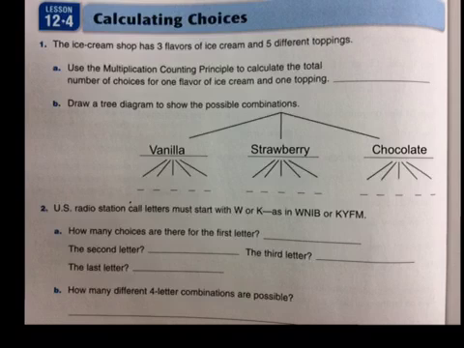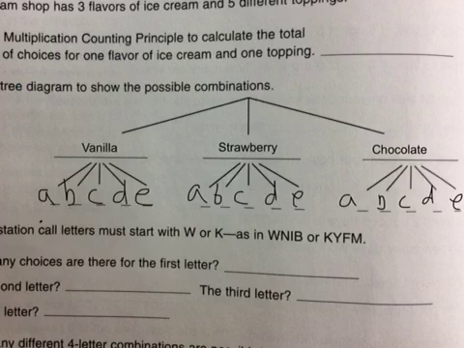Now, for toppings, let's try to think of some 5 different toppings. Well, it's a bit hard to think of some, so let's just call them A, B, C, D, and E. Not very creative, but it'll help the process. And there you go, A, B, C, D, E. So when we get to the bottom of it, you can count across and see